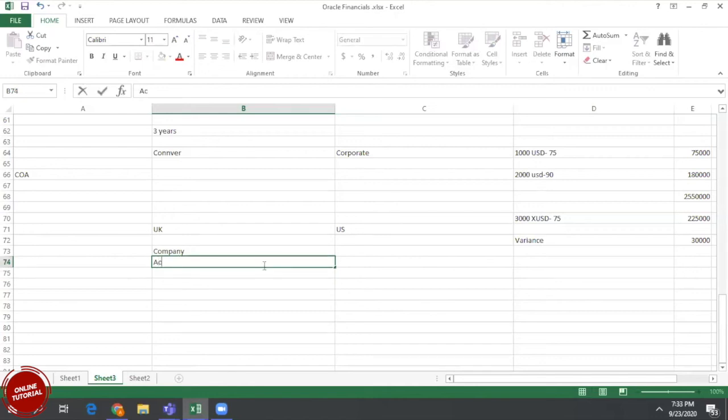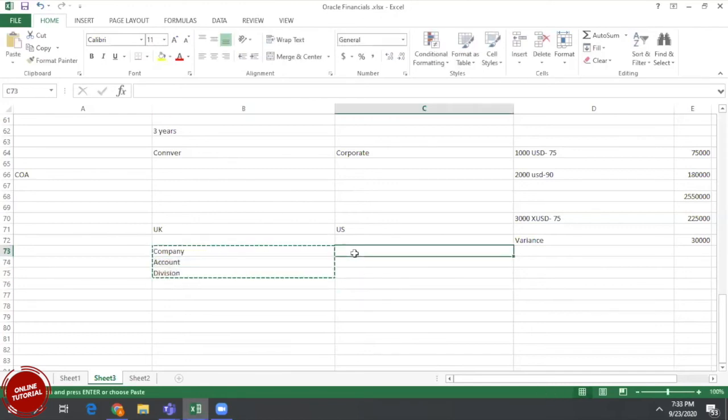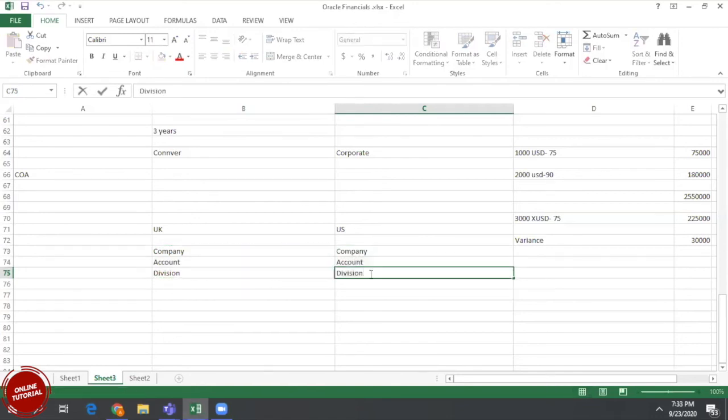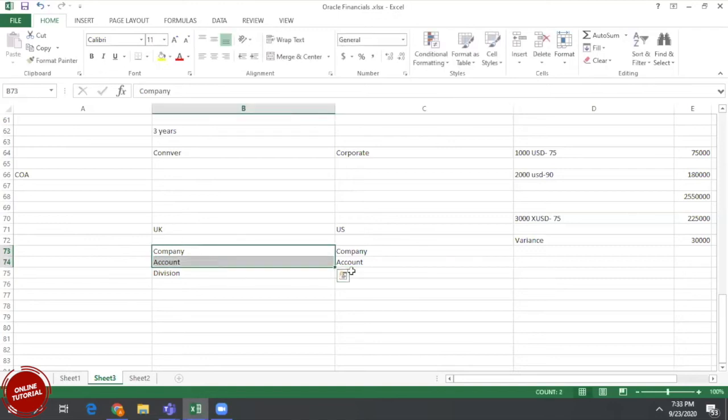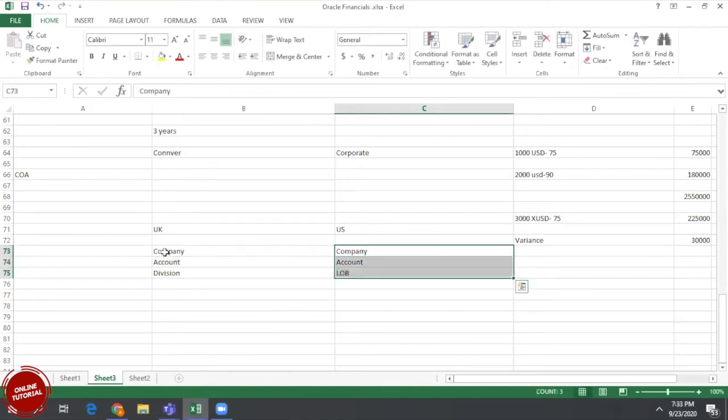Let's go with different cases. I don't want to go for division, I want to go with line of business, just assume. This segment is different. So how many charts of accounts are required in this example?